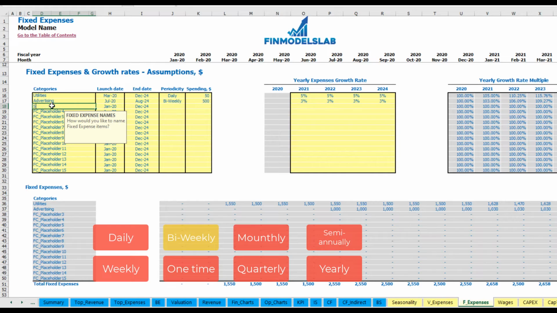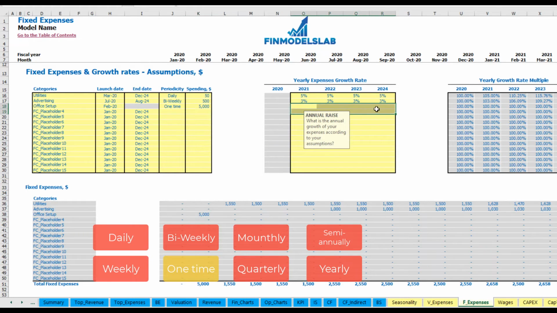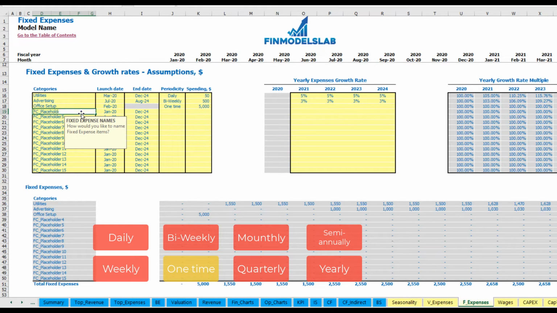Another option, office setup, which can be a one-time payment, which will happen in February 20 with amount of $5,000. Obviously you should not input any growth rates because this is just a one-time fee, and you may see that office setup will happen in February 20 with this amount. Another option,